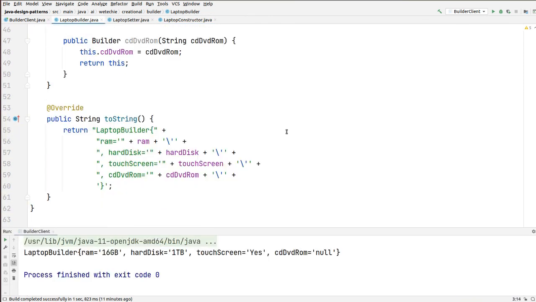So using the builder design pattern, we resolved two problems which we were facing in the laptop setter and laptop constructor implementations. The first problem we resolved is the telescopic constructor, where we would have lots of constructors and face problems passing values to those complex constructors. And another one is we achieved